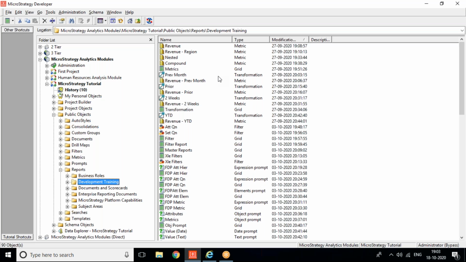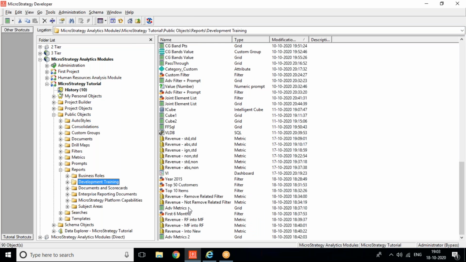One filter would be in the report, which applies across the whole report. But in case you have a specific filter which needs to be applied only for that particular metric, you create a conditional metric. What you can do is create a standalone filter, the way we have discussed earlier, and just embed it in the metric. So if you look over here,